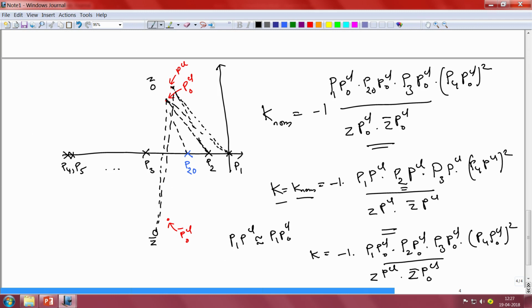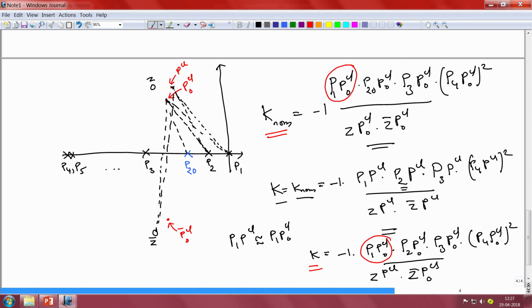So now we are in a position to make some meaningful simplification to the expressions that we have written in this slide. If we compare the terms k nominal and the terms k, we see that the first term in k nominal is P1 PCl naught, and the first term in k is also P1 PCl naught after making this appropriate small simplification. Hence, let me circle the terms which are equal to one another. P1 PCl naught is existing both in k nominal as well as in k.